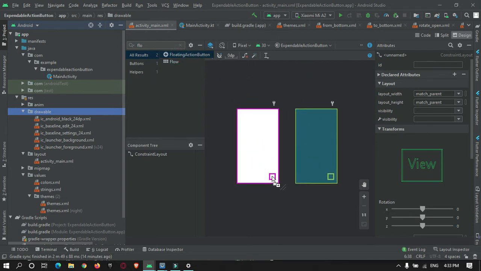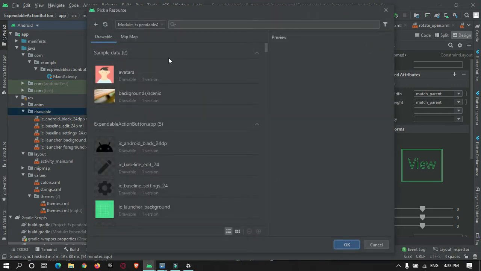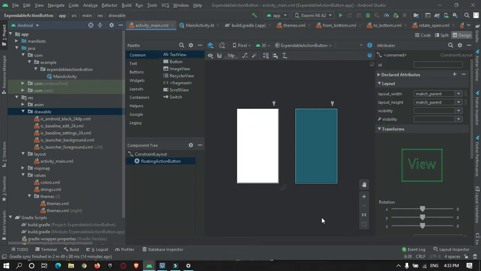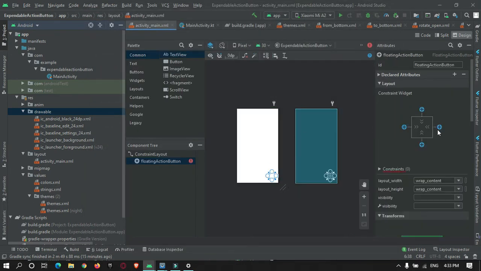So here we need three floating action buttons. For the first button I will give this Android icon. We can give it 50 dp, I think so.